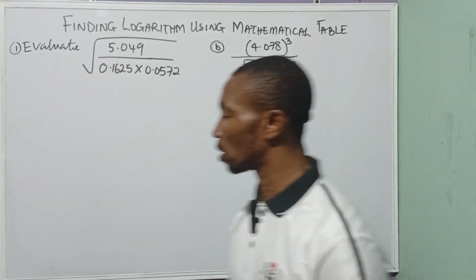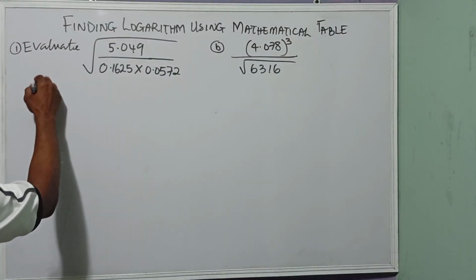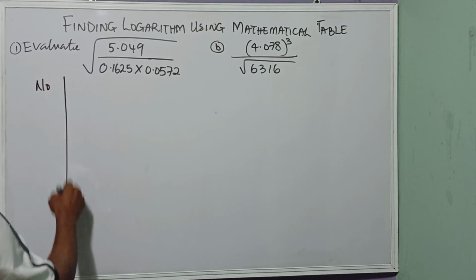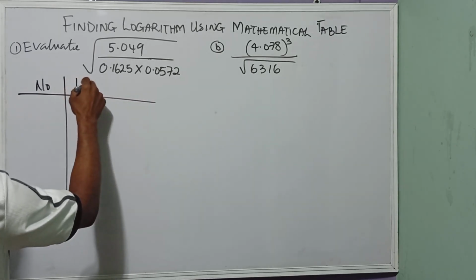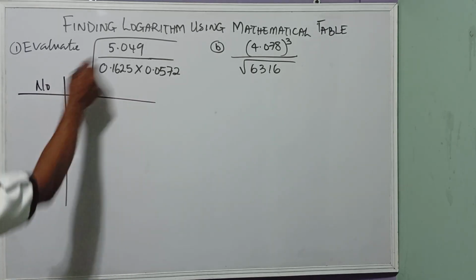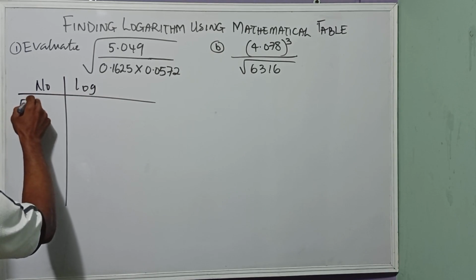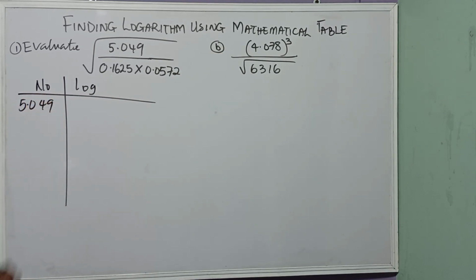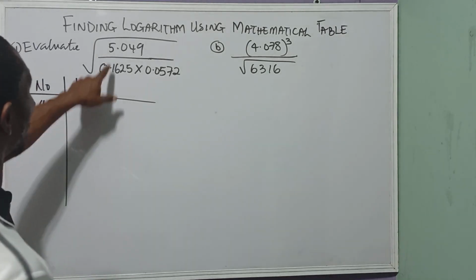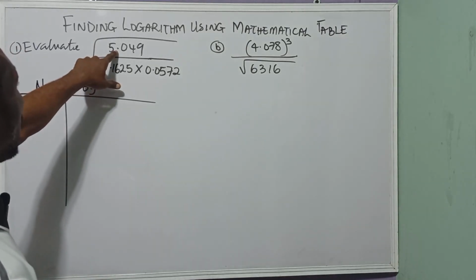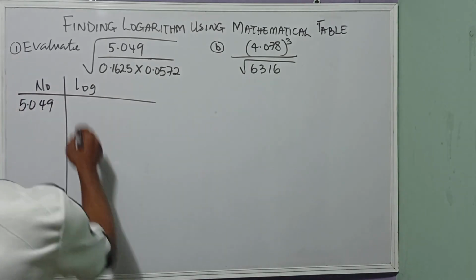Now, in order to do this, we would have it as a number and log. Remember, our first number, which is the numerator, is 5.049. Okay? Now, since the point is not going to move, and changing it to standard form,